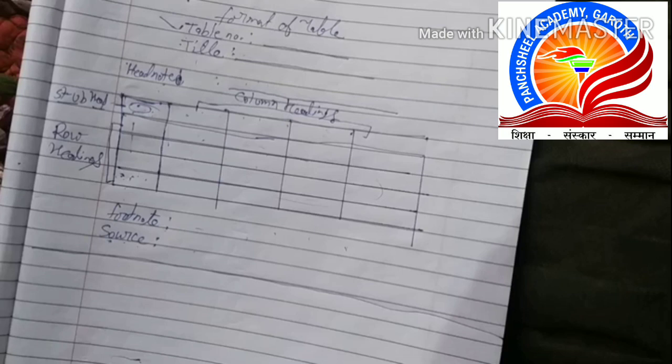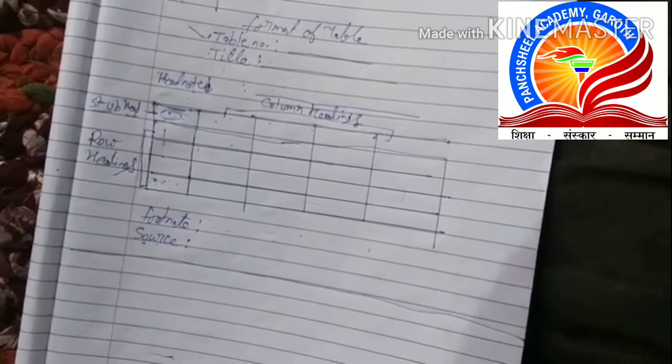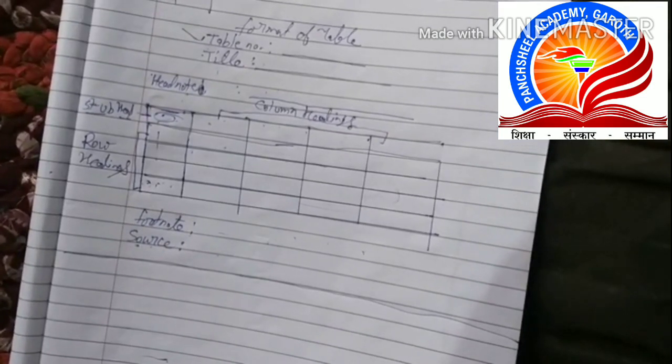If all these are not mentioned in a proper way, then the table will not be considered a reliable source of data, because something or the other is missing from there. So we need to be very particular about the table, and the table is to be presented in the same format whenever we present it.